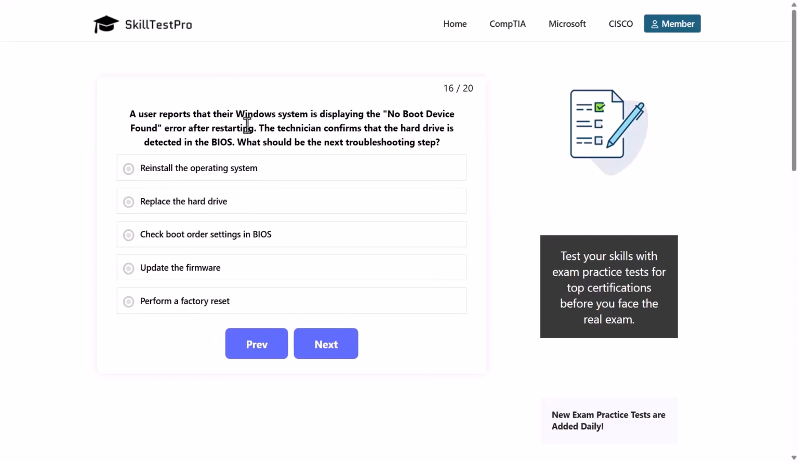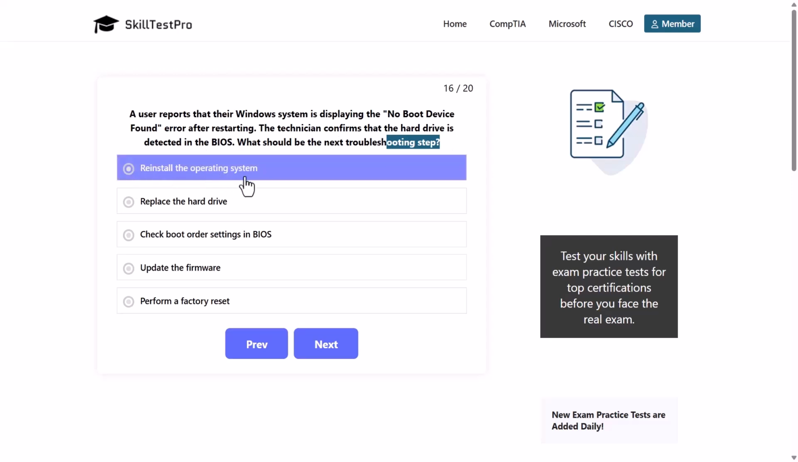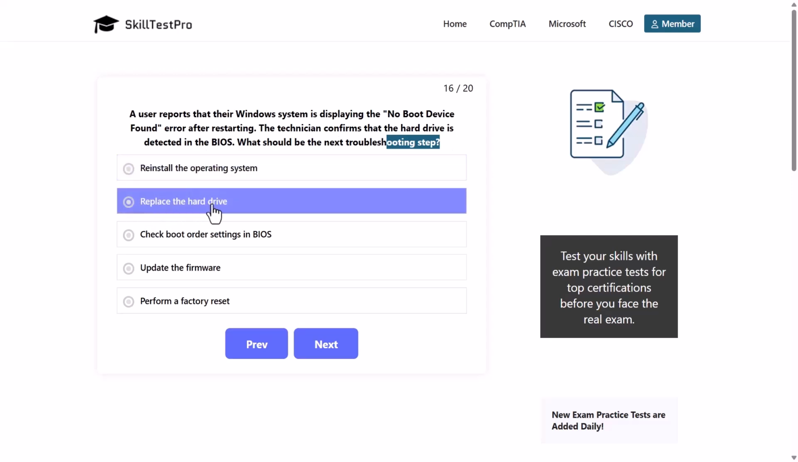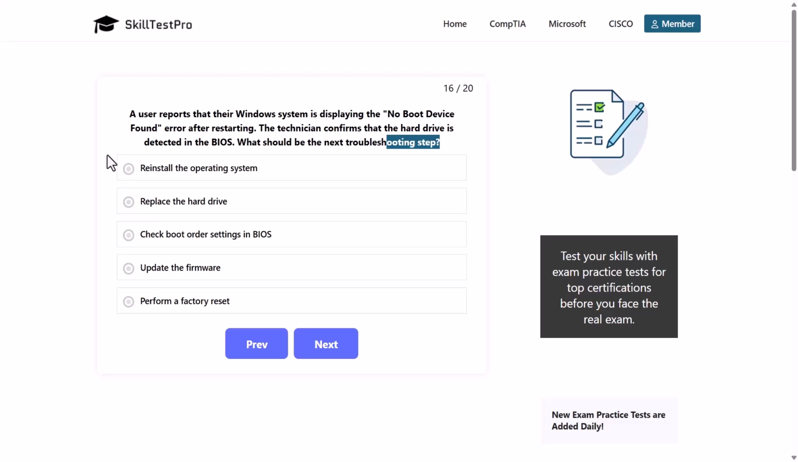A user reports that their Windows system is displaying the no boot device found error after restarting. The technician confirms that the hard drive is detected in the BIOS. What should be the next troubleshooting step? Reinstall the operating system, replace the hard drive, and by the way guys, when you are seeing something like reinstall